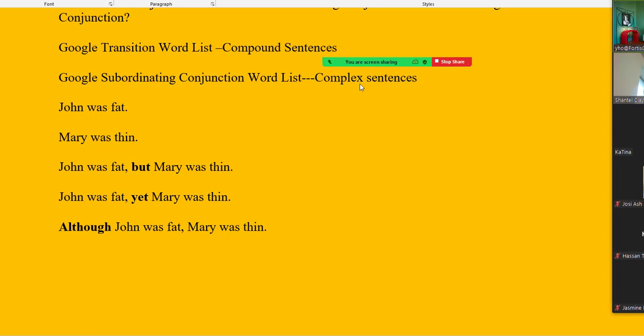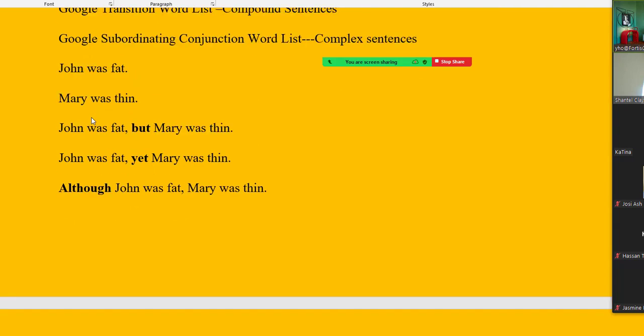It's just like learning to read. Now you know how to. If you were in first grade, you would be saying, on, right? Remember sounding it out? At, fat, right? So in the beginning, now you're like, John was fat. So someday, when you use this more, you're going to know what a transition word is, just like you know how to say John was fat. It's going to be automatic.